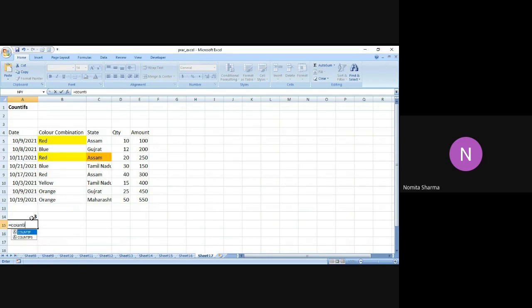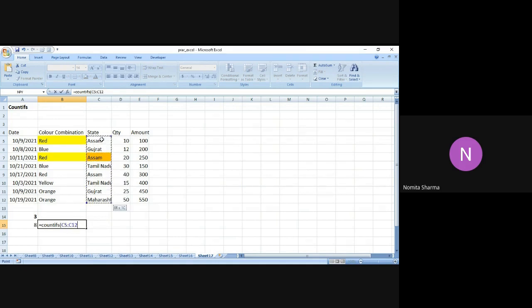In a similar manner, I can also use the wildcard characters, the star and the question mark. So for example, I'm going to use state this time, and let me say star. I do not know the names that are mentioned in the column, so I just mention the star over here. So I'm going to get the answer as 8, because indeed there are 1, 2, 3, 4, 5, 6, 7, and 8 values. Now, if I don't know the whole word, but I do have an idea about certain letters in a word, I can do that also.